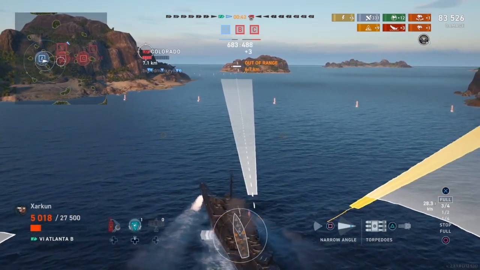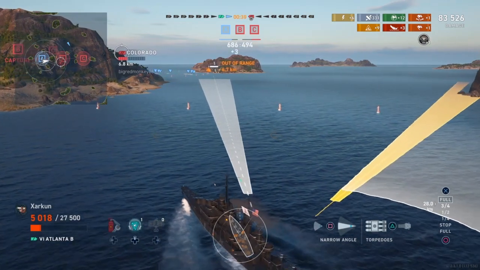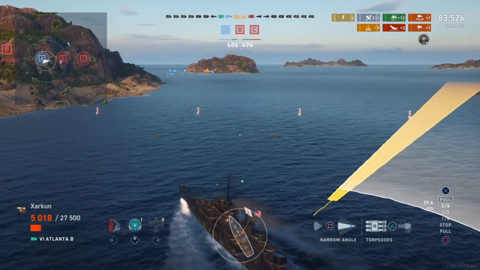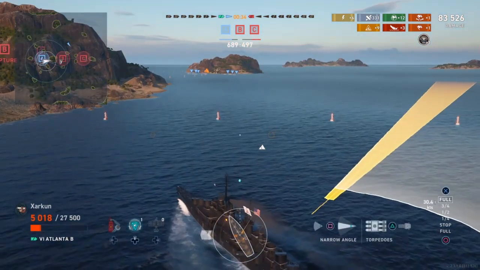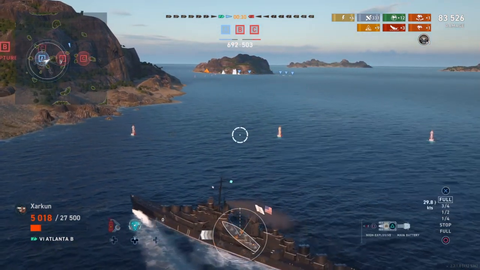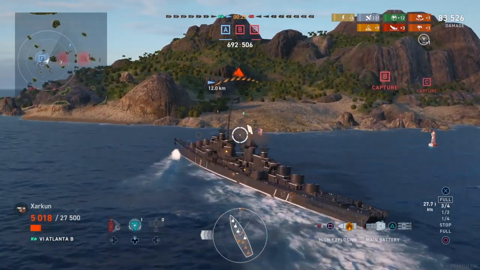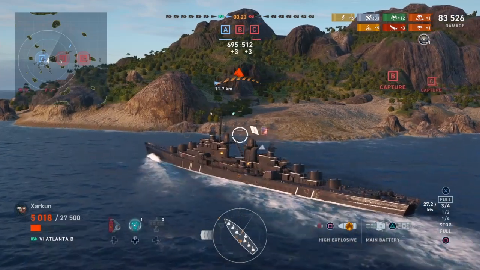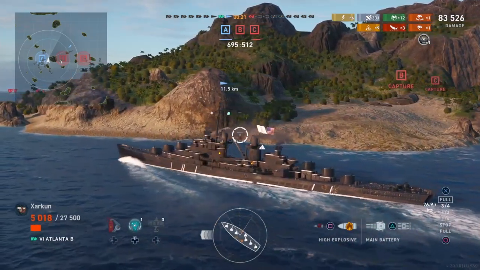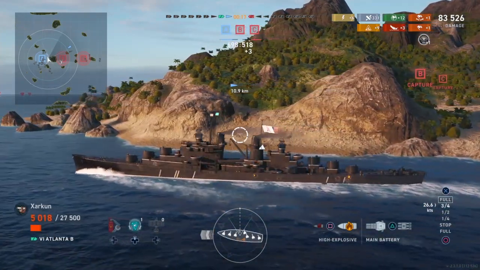I was trying to get close enough to see if I could possibly get the torpedoes on target, but again, they are 4-kilometer torpedoes. There's no need to rush the Colorado and potentially die in the process. We can simply turn here, keep the island between ourselves and the enemy battleship, and we will have won the game that way. So my final thoughts on the Atlanta: it's still a very strong ship, although it is tricky